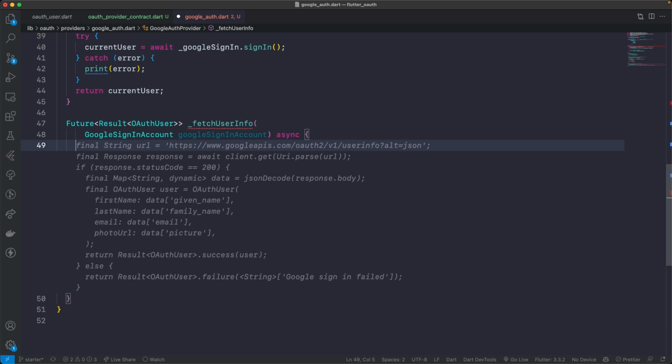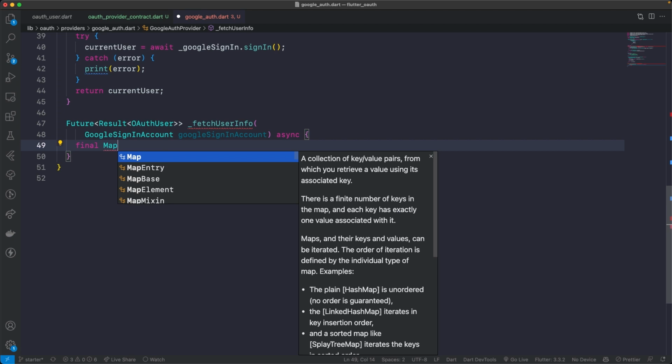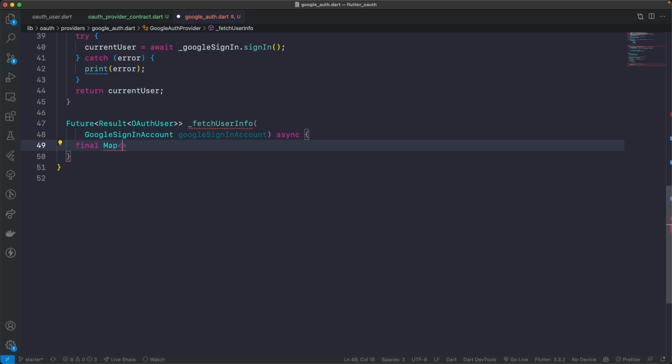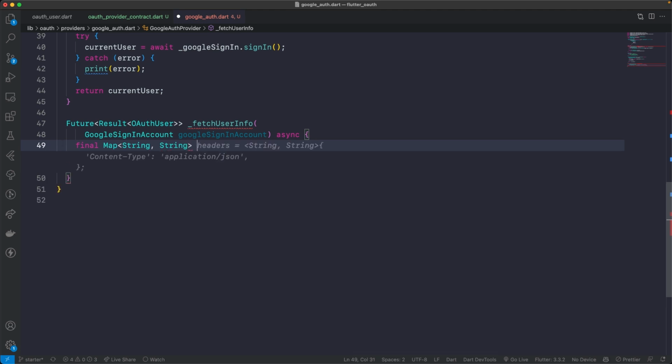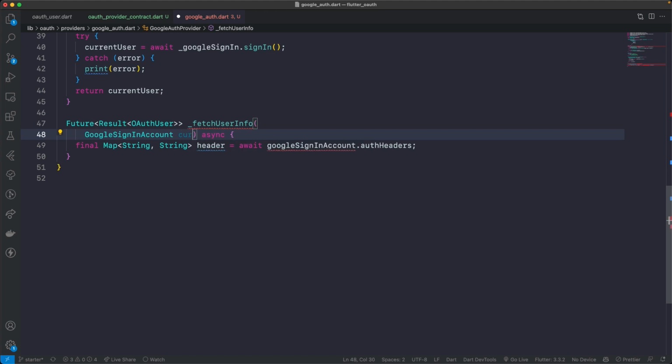So what I'm going to do now is get the headers, type string, so I'm going to say the Google sign-in account dot headers. So I'm going to get the headers from that. Let me change this to current user instead. So I'm going to get the headers from the current user. Then